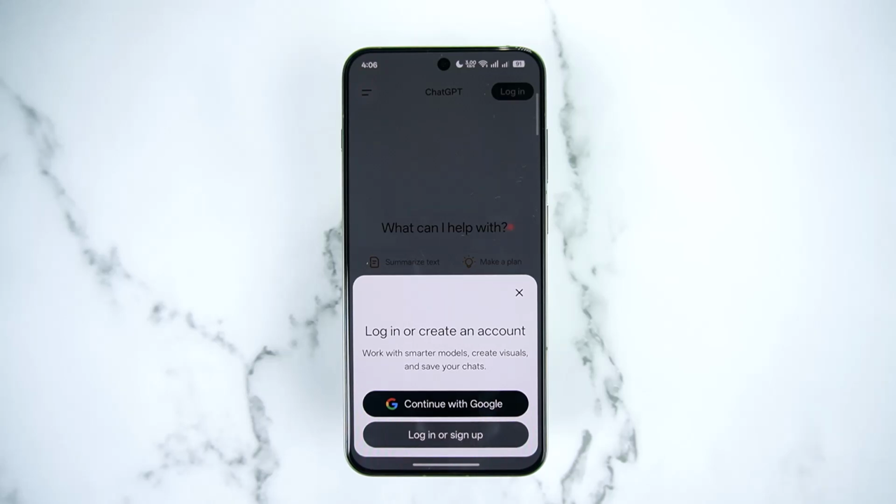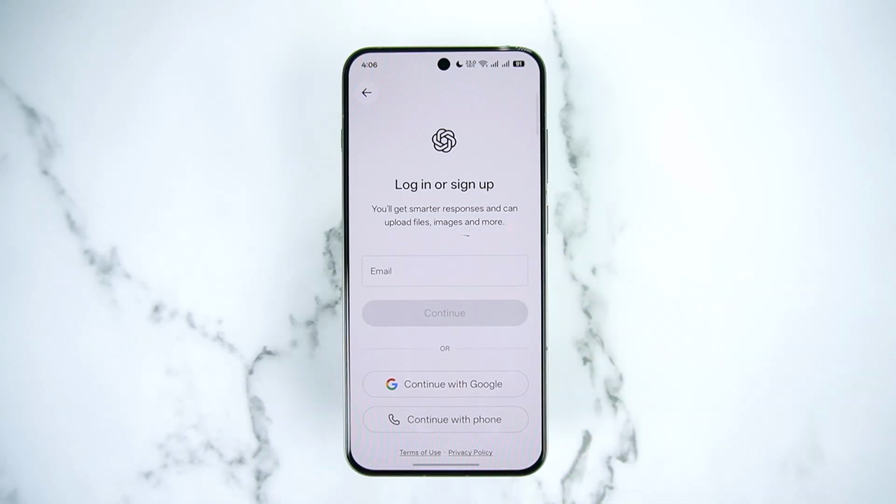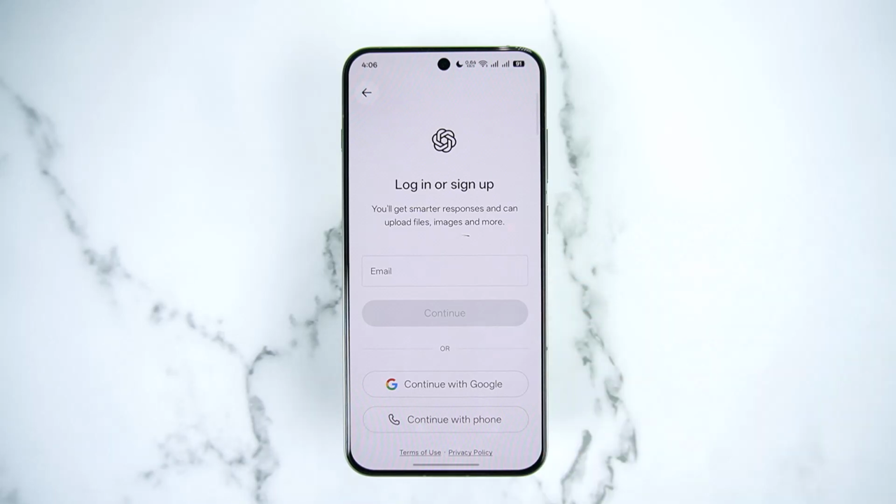There are many ways I can log in. I can log in using my Google account, or I can log in or sign up separately using my independent email address or phone number. So if you know your email address, make sure to enter them and tap the continue button and finish up